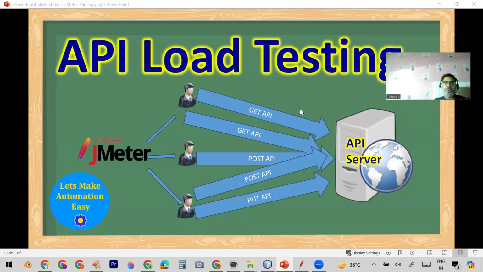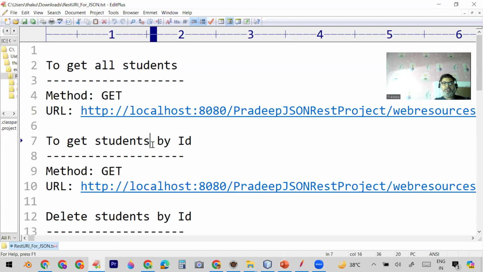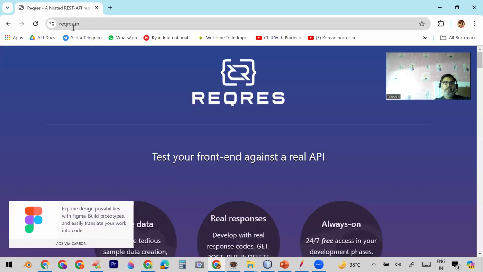In this session, we are going to learn how to perform API load testing using JMeter. For that purpose, I already have my APIs deployed on my local machine. If you want, for your learning purpose, you can go to this website, reqres.in, and here you can see lots